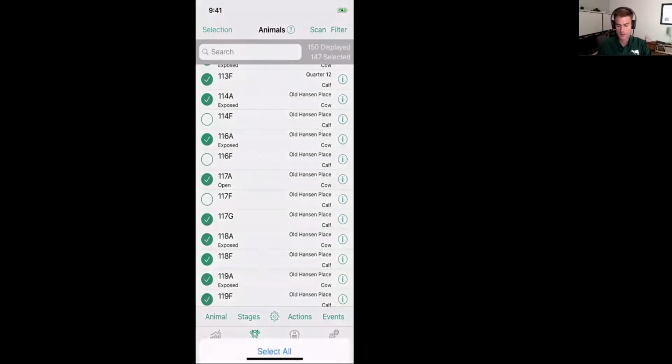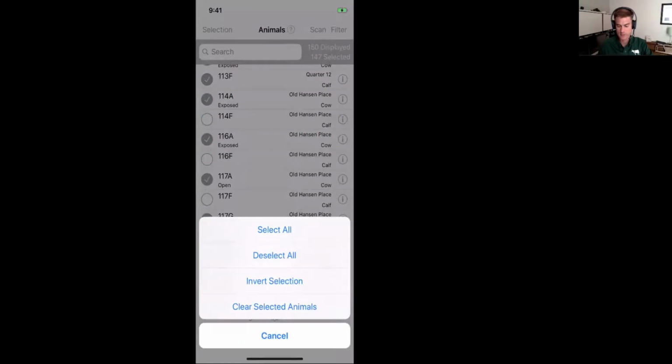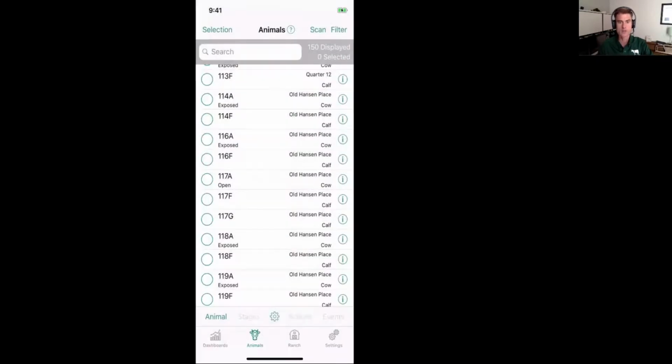And then if we want to clear that selection, it does basically the same thing as deselect all. We just hit clear selection and everything is gone. So that's a couple of quick tips for working with selections of animals to make things a little bit faster on the phone. All right, the next thing we want to look at is some of the pickers we use